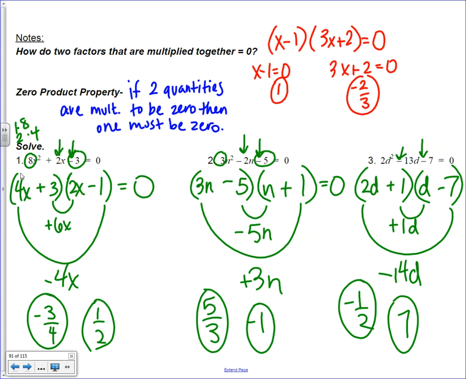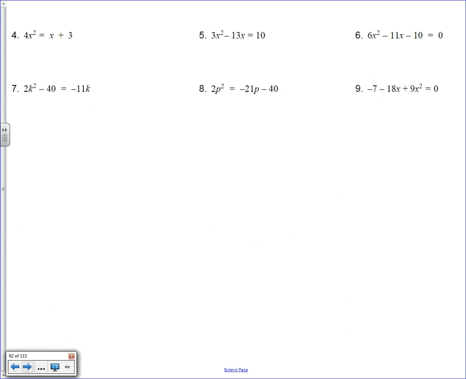Okay, let's keep moving right along here. Let's see, where do I want to go next? Let's go down and we'll do this next row, and then we'll move on to the word problems on the back. Okay, so in number 4,